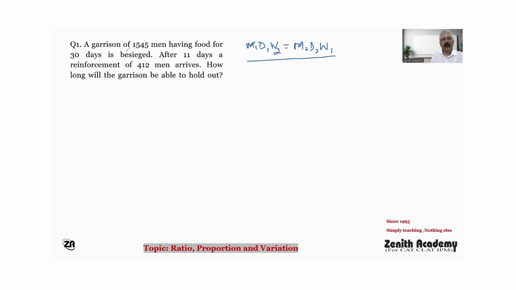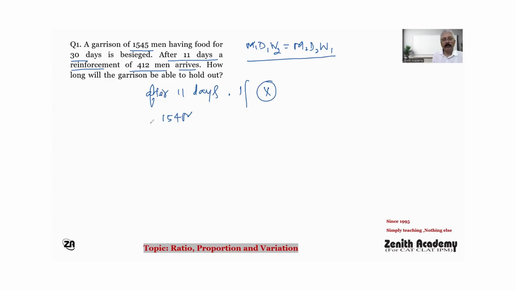So look here, a garrison of 1,545 men having food for 30 days. It means for 30 days they can survive. But the question is about after 11 days, a reinforcement of 412 men arrives. It means after 11 days, if there is no change, then